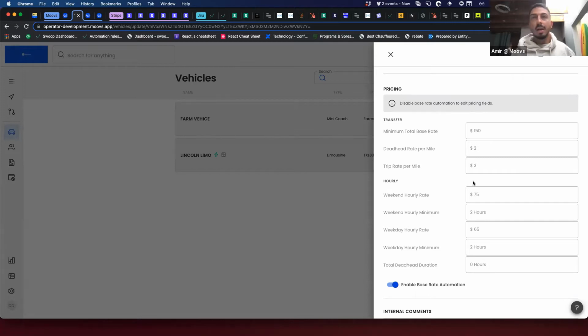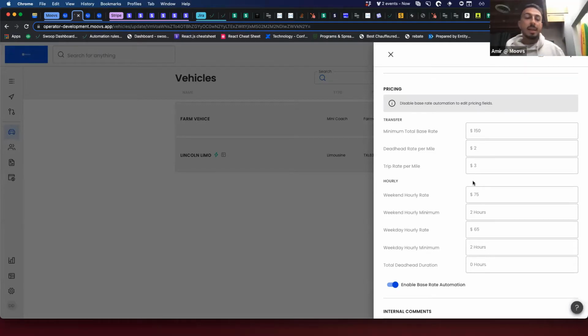Absolutely. But I have the vehicle set under Escalade. I have the hourly minimum set. And it says on your system weekend and weekday. So Saturday's a weekend. It should have automatically converted to an hourly instead of a transfer. He should not even be able to see a transfer rate. It should have automatically converted to an hourly rate. And then we could have had a discussion.